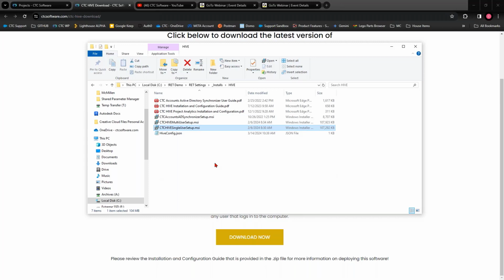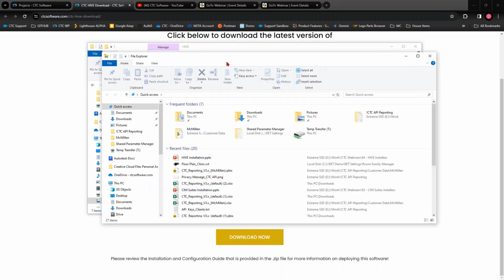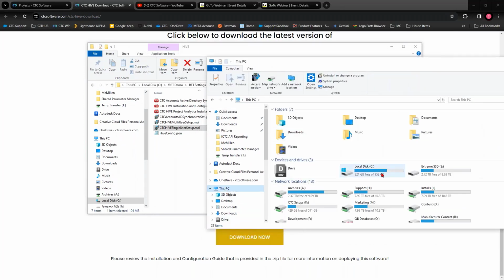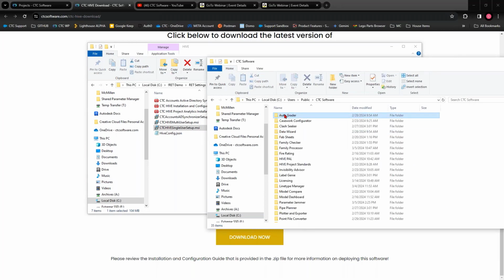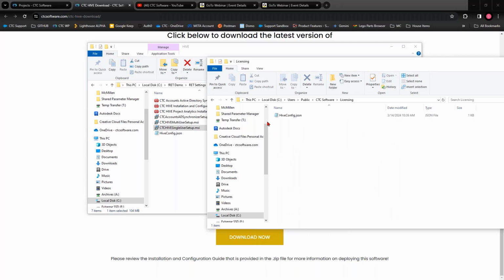All right. At this point, the only other thing I need to do is locate my Hive config file for project activity logging usage, and that goes into your licensing folder, which is stored here. Go to your C drive, go to Users, Public, CTC Software, and we have a licensing folder here. That Hive config file needs to be stored here, and I've already got it here because I forgot to delete it prior to this session. But you physically have to place that here. It does not do that for you. And then last step,